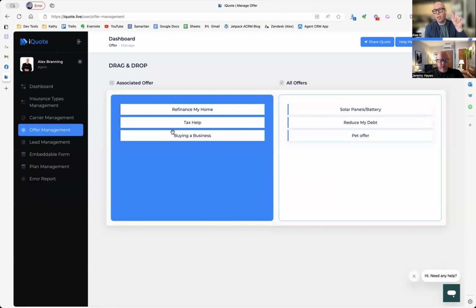And they check it: refinance my home, tax help, buying a business, and we're going to be adding into these. All that does for now is that it saves it onto the lead. Okay, so now, oh cool, I'm going to send this one out to my lender buddy and he can help them refinance their home. And when you send leads out, you get leads back. Yeah, that's massive because